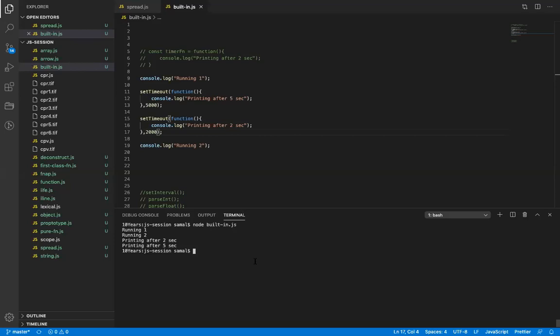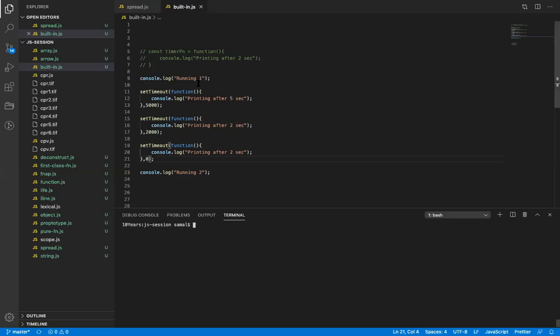All right. So this way, basically, we can print the values. There is also set timeout, which can take zero as well. But even if you pass a zero, the JavaScript timer will still consider this as a time. So it will push it into a timer queue, so that it will print 1, 2, and then immediately put 0 second. If I run this, you will see 1, 2, and 0 second.